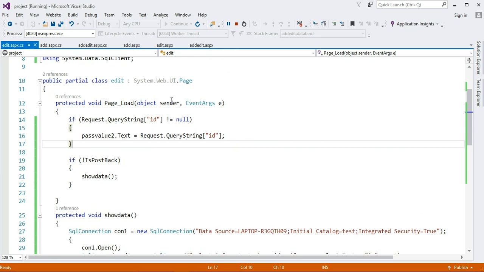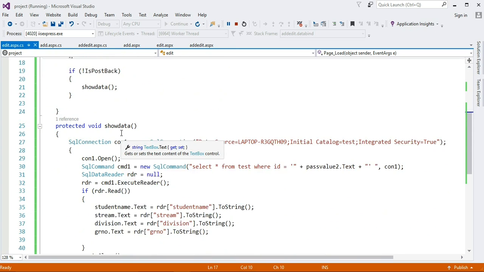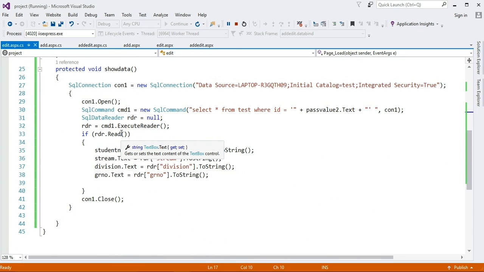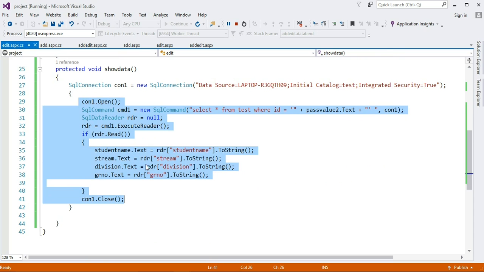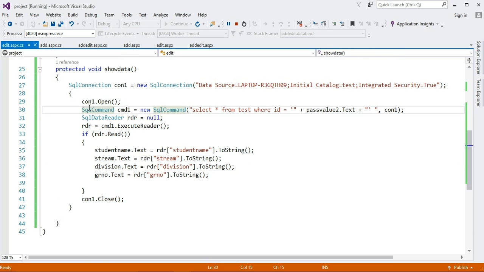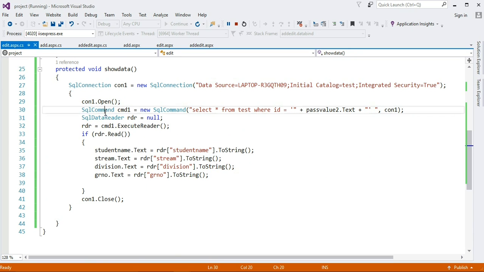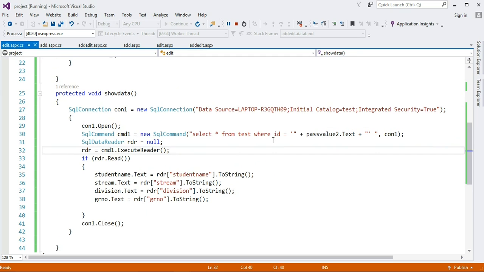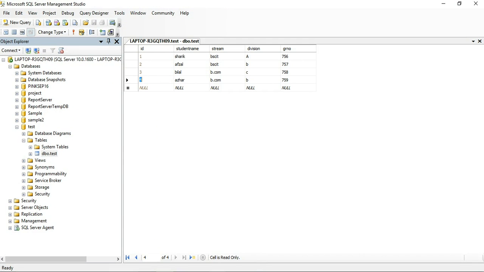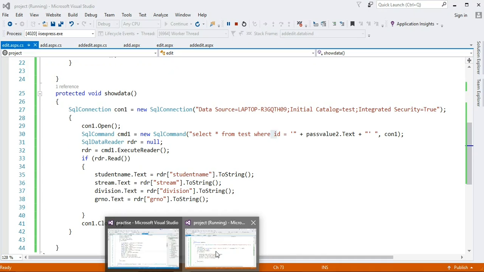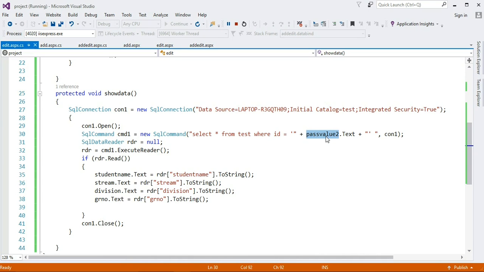Sorry for that. Okay, now I am explaining how to code the reader function. I am taking a SQL connection first and then opening the connection, and I am taking a command. In the command I write a SQL query, select star from test where id equal to our id column, which means this id column is equal to our pass value 2 text box.